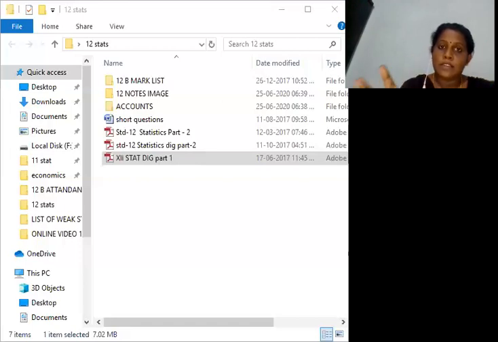Sum of the squares of the differences of the mean, and so on, whatever is said, we have to explain and describe it exactly like that. Error E is equal to y minus y cap, the difference between the observed value y and the estimated value y cap. Now give the name of a method to obtain the best fitted regression line, that is the method of least squares. Important question.